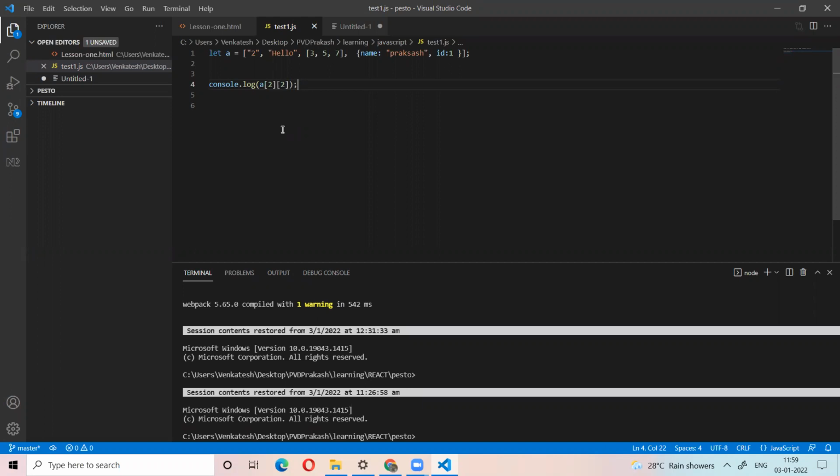Right. First it will take the second element, an array. So the second position is the array 0, 1, 2. In it I want the second element. 0, 1, 2. It is 7.